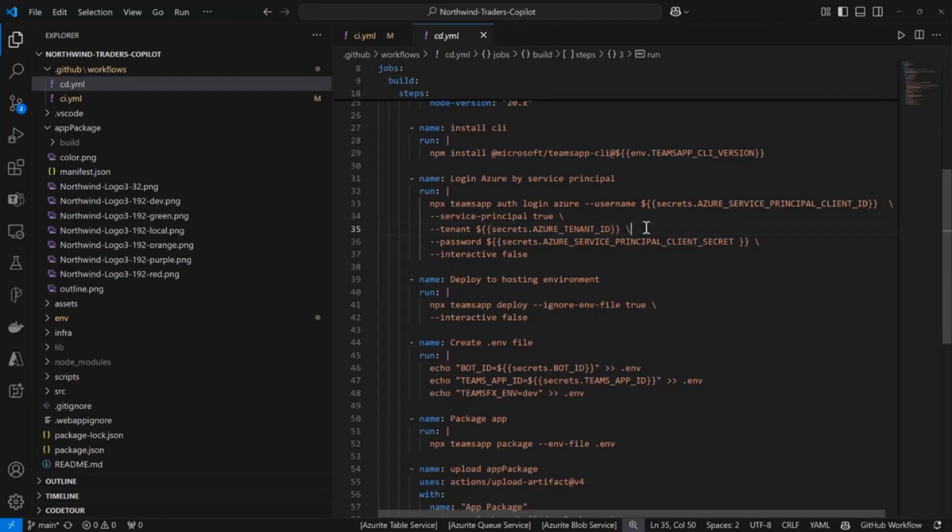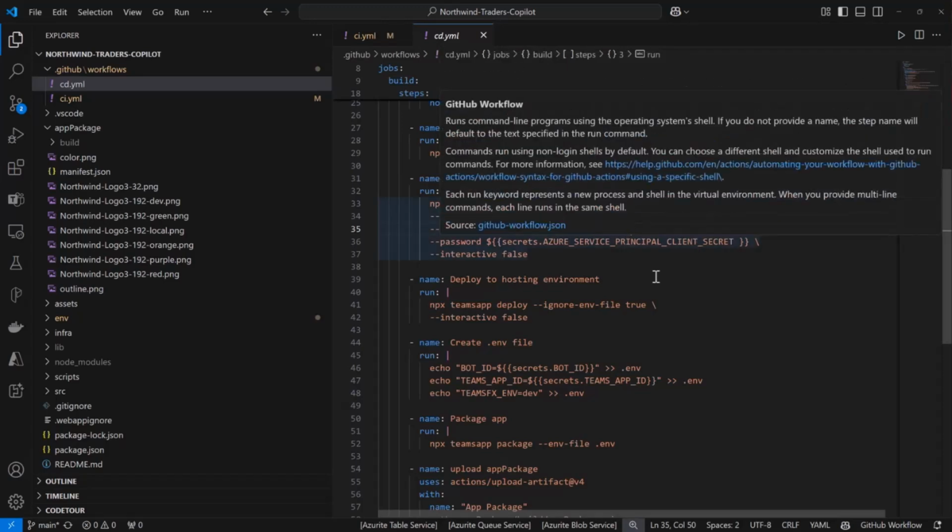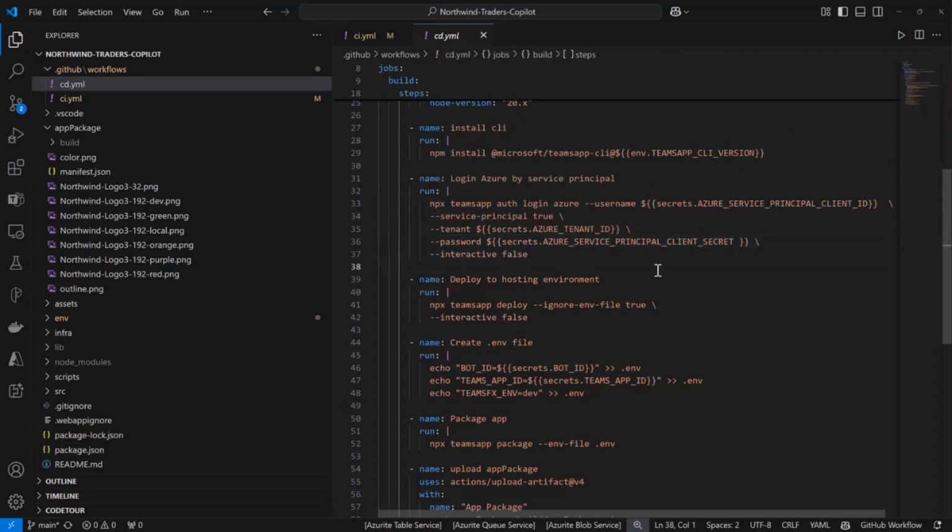So I have set up an Azure, or what is it, Entra app is what it's called now. So I've set all that up, and I'm using GitHub secrets for these things to keep things simple. So that's this syntax here. I've added these on my repo. I'll show you that in a second.